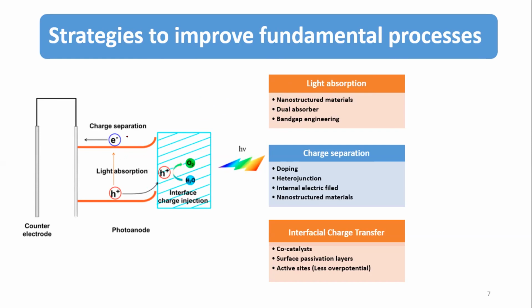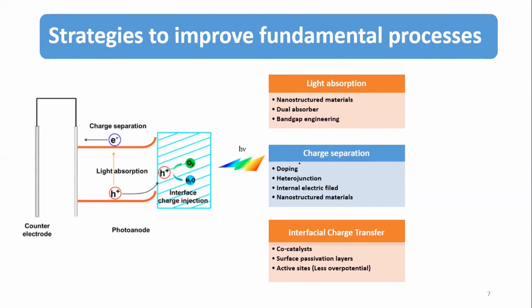Or instead of using a single semiconductor material, if we use complementary semiconductors with different band gap materials, one can also maximize the light absorption in the entire solar spectrum range that we receive from the sun. Another important thing that is done in the literature is band gap engineering. For a given material, if you do something like doping, or adding some kind of impurities to modify the band gap, you can tune the band gap, and thereby tune the light